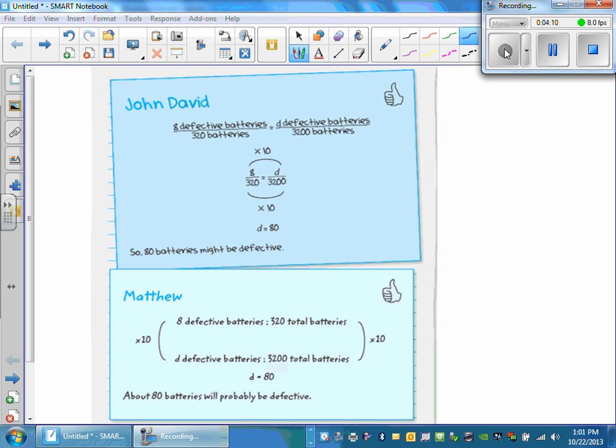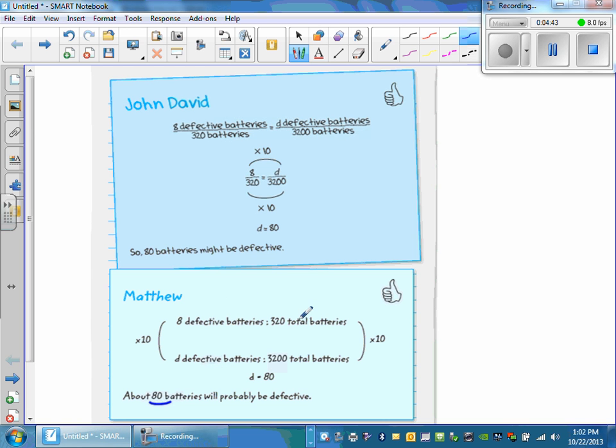Well, if you flip over to page 42, both John and Matthew tried solving the problem. Here we have John, and he set up a proportion. 8 batteries were defective out of the 320, and if you scale up, he multiplied by 10 on the bottom, and then he's also going to multiply by 10 on the top, and he finds out that 80 batteries would be defective. If you look at Matthew's way of solving, he also found that 80 batteries would be defective,